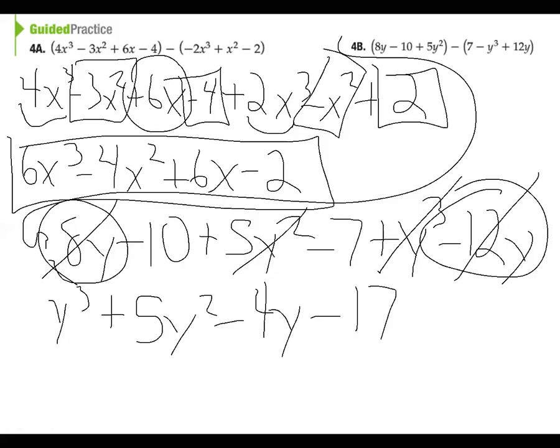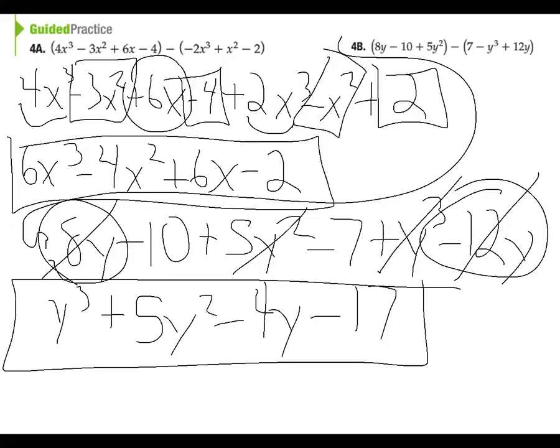Okay? All right, that's our answer there. Okay, well, adding or subtracting integers results in an integer, so the set of integers is closed under addition and subtraction. Similarly, adding or subtracting polynomials results in a polynomial, so the set of polynomials is closed under addition and